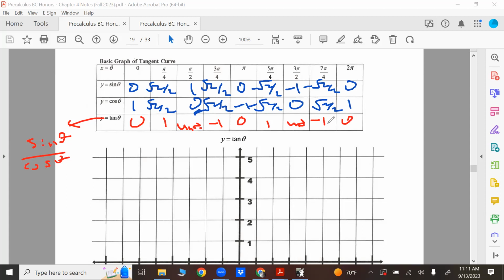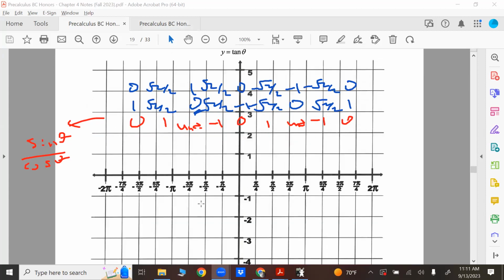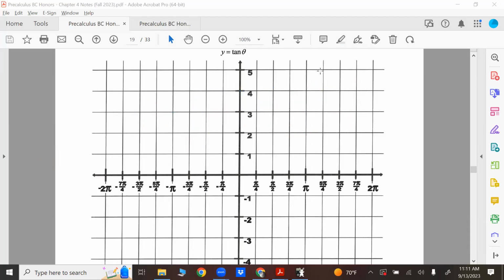We're okay? Can I move on? Yeah, cool. Let's do it. Let's do the graph. Again, I have the table right in front of me. So here's what's going to happen. We're going to do a point at 0, 0,